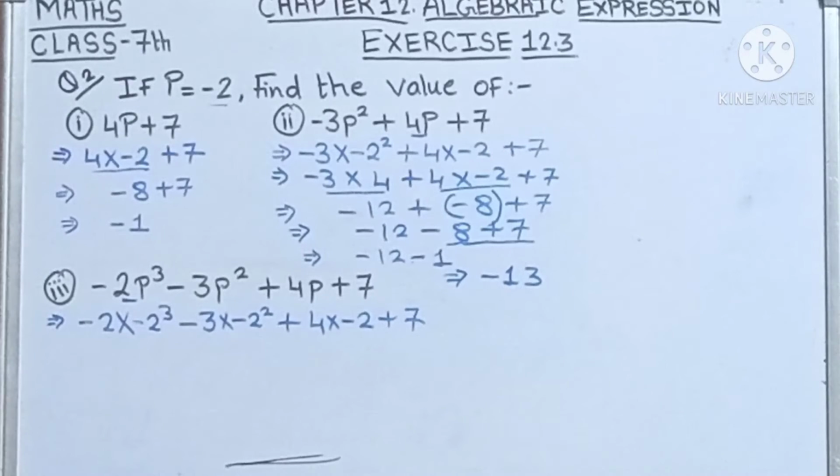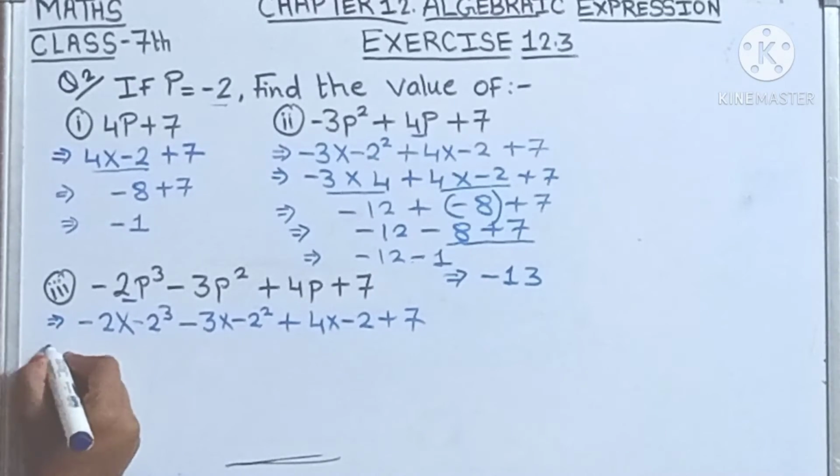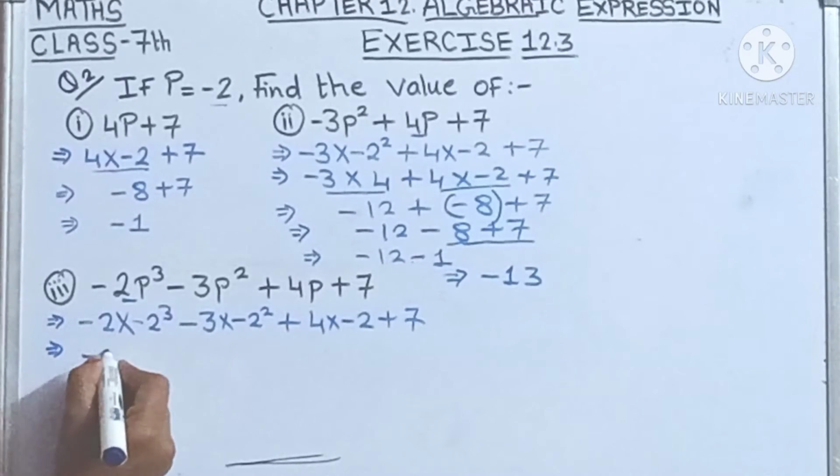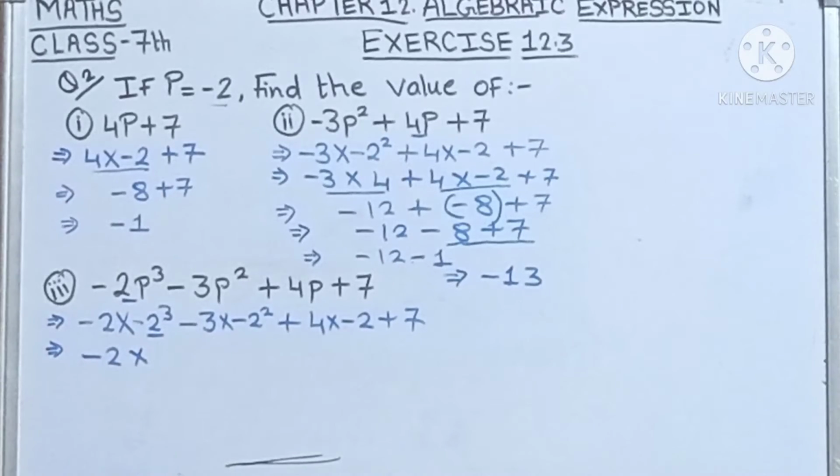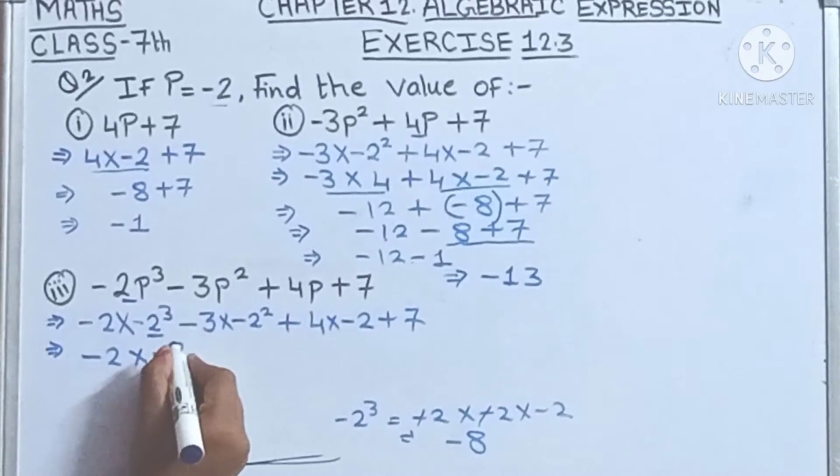Now in the next step, what we have to solve? First we have to solve the square or the cube. Simply we will solve the cube and the squares. So minus 2 as it is into, now this one minus 2 cube. Minus 2 cube means minus 2 3 times. Minus 2 into minus 2 into minus 2 means 2 2s are 4, 4 2s are 8, and minus minus cancel, minus 8. Clear? So it will be minus 8.